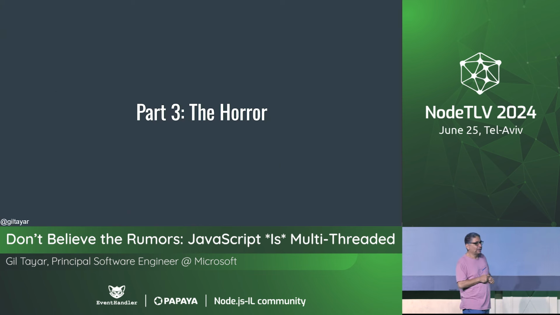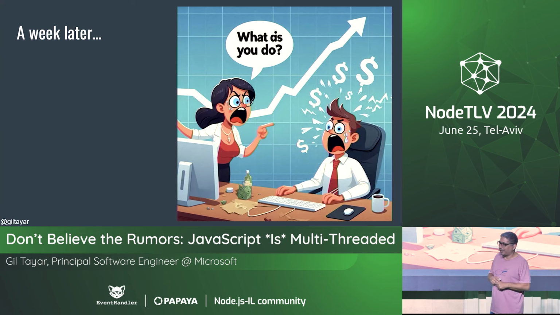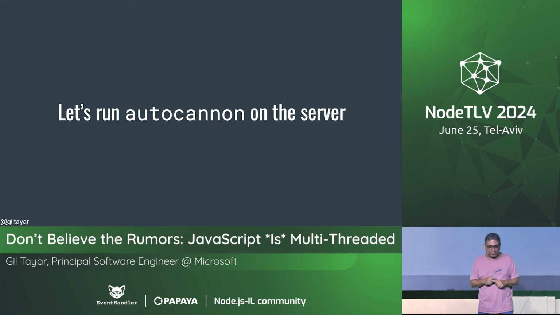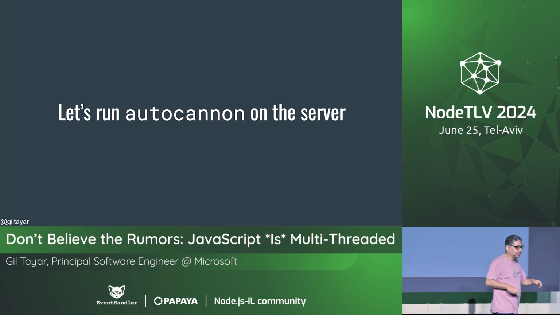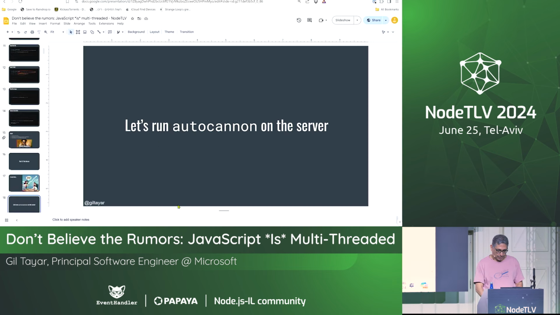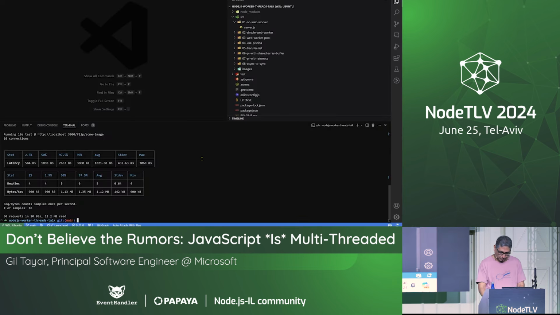Part 3, the horror. A week later, DevOps comes back. What did you do? The dollar amounts we spent, $100,000 on your service. What happened? Let's run autocannon on the server. Autocannon is a really nice utility, which I love. And what it does